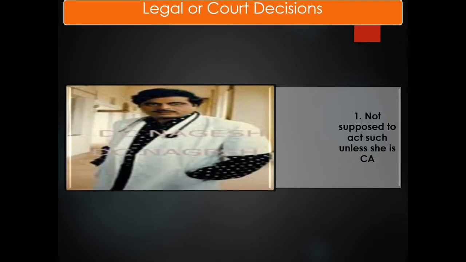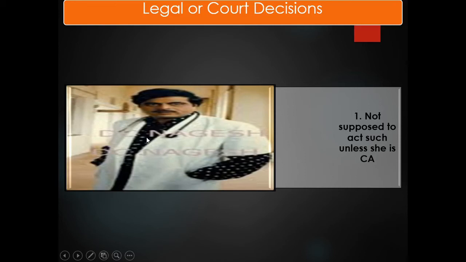In many situations, some persons are seemingly an auditor but not actually. He doesn't have the certification by the proper authority. Here, proper authority means ICAI, the Institute of Chartered Accountants of India. He doesn't have such certification, but he might be working as an internal auditor. In such a situation, he cannot act as an independent external auditor. You can see the example here.